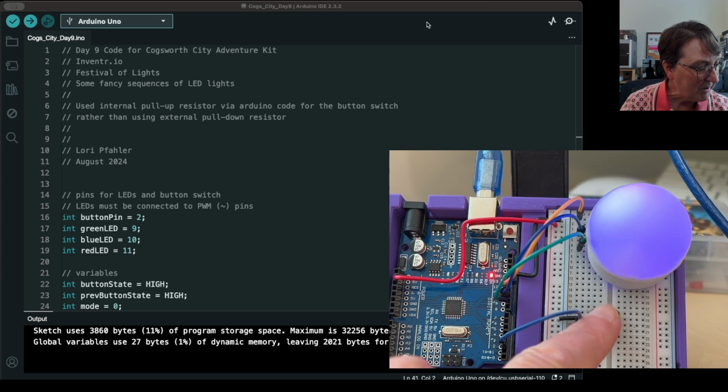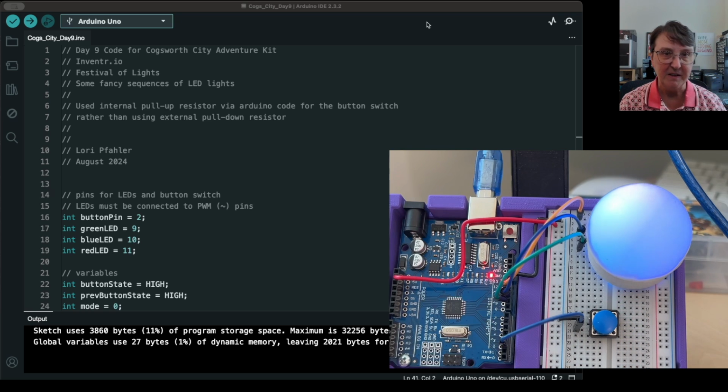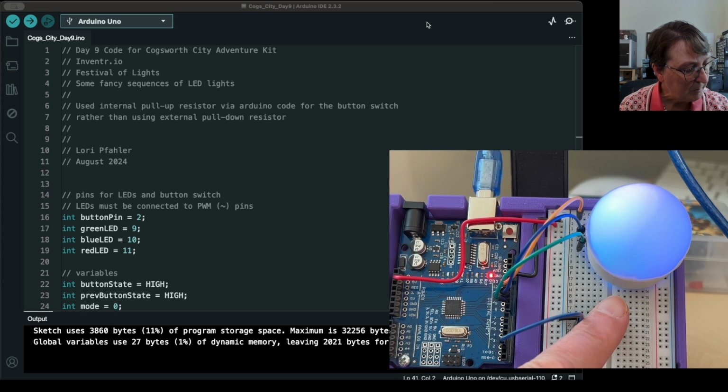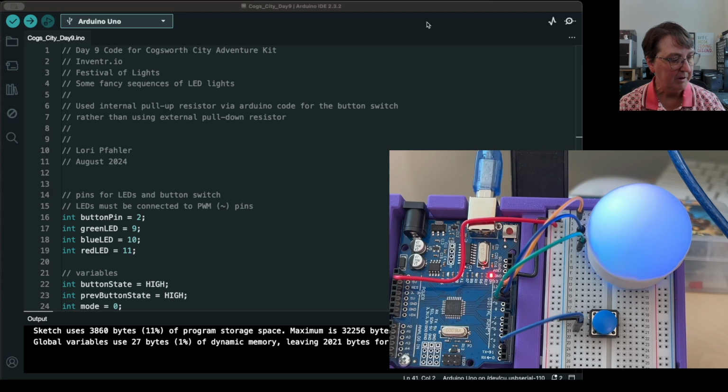And then if we press it one more time, then we get the steady, everything's on, and it should almost be white when you see those 3 colors put together. They sort of blend to make white. And if we press again, then we're going to circle back to the fire mode. Well, that's the